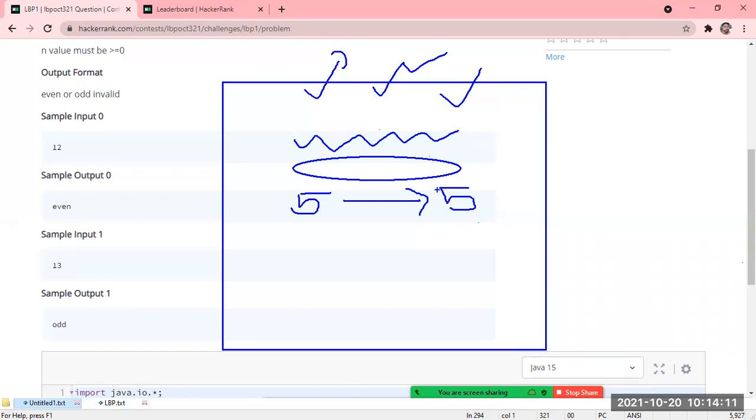The constraints are also clear, like conditions. I have given the input, and the output is also given. So your task is to write a program that will accept 12 as the input and print even. If your program is correct, it will print even. If your program is wrong, it is going to print invalid data. So, clear. Such types of platforms are there nowadays. One such platform is our HackerRank.